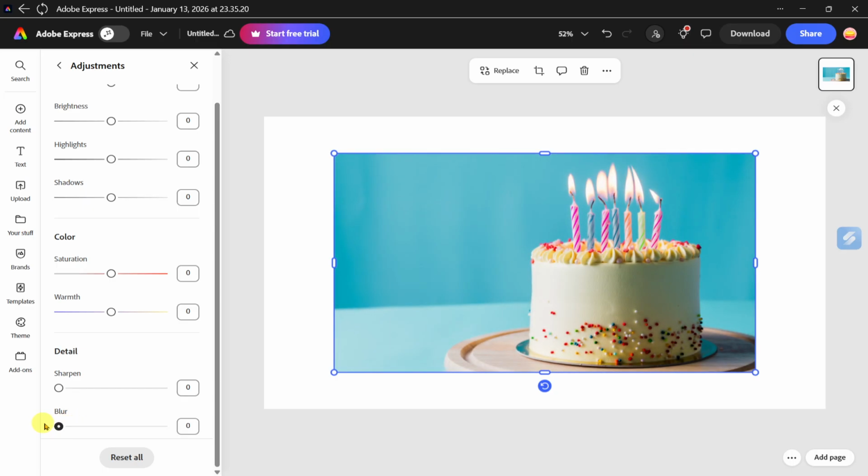That's it. You opened Express, started a new design, used a sample, added your media, selected your photo, and applied blur through the Adjust panel. Practice a few times, trust your eye, and you'll get a beautifully balanced